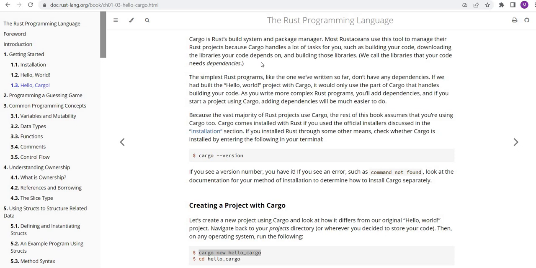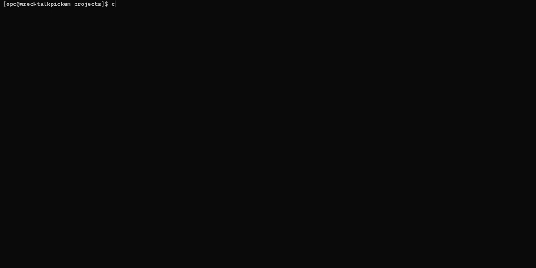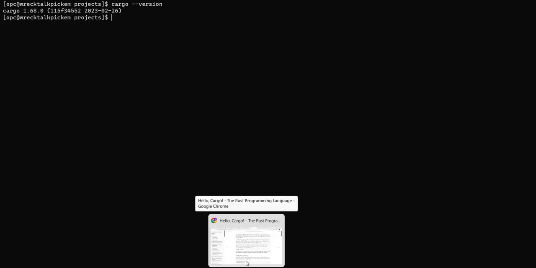So let's just go ahead and get started with this, and we can see that the first thing we want to do is we want to make sure that Cargo actually works. So we want to type in cargo --version to make sure that it's installed properly, and it should be installed by default when we did our Rust C install. So we can see we do have the Cargo here, and we have version 1.68.0. So to use Cargo,